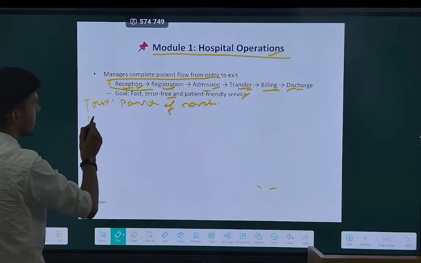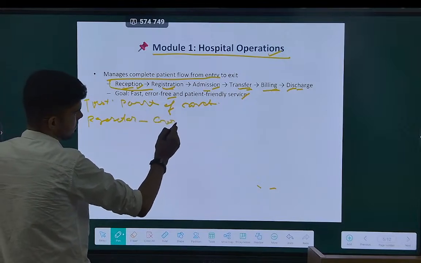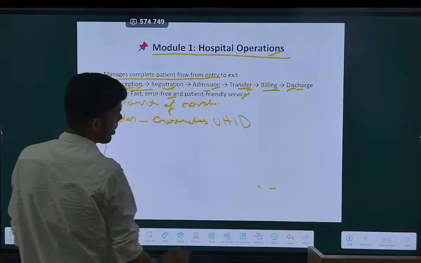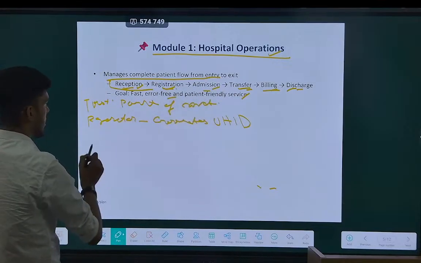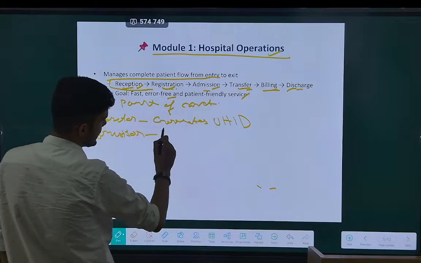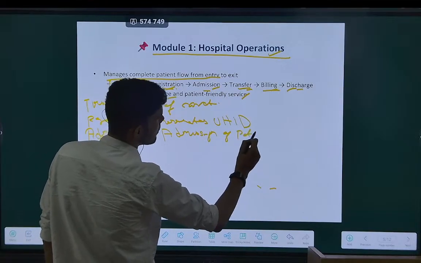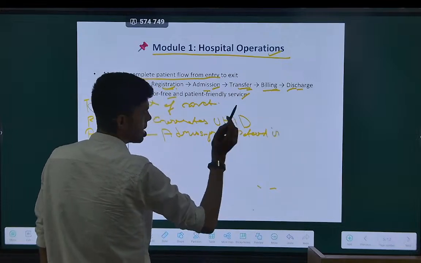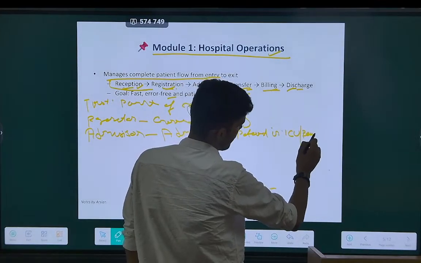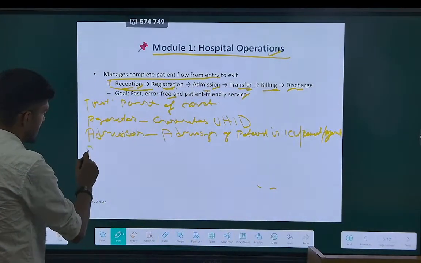Simple words. Registration: generate unique ID of patient, UHID. Admission of patient; there are different words which we learned: ICU, private or general. Patient transfer,